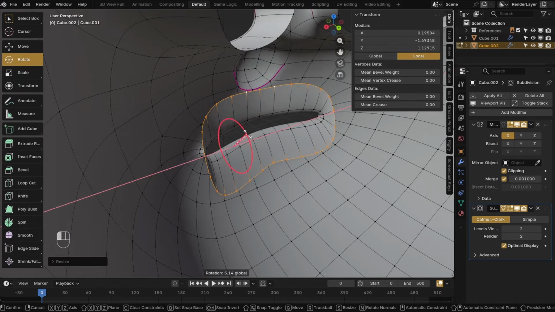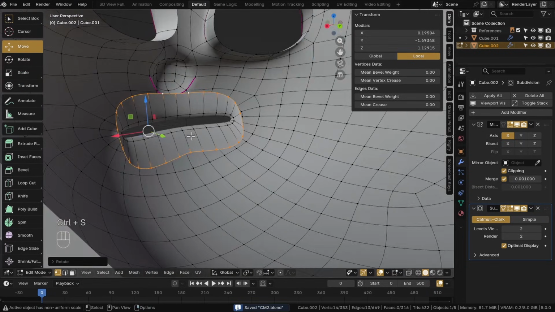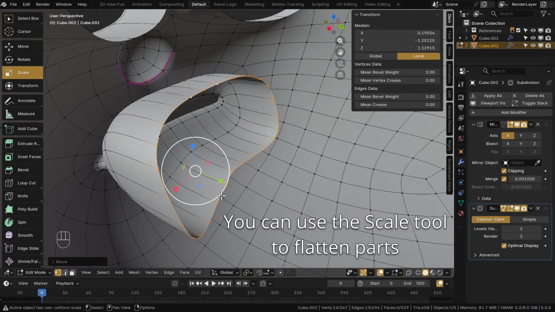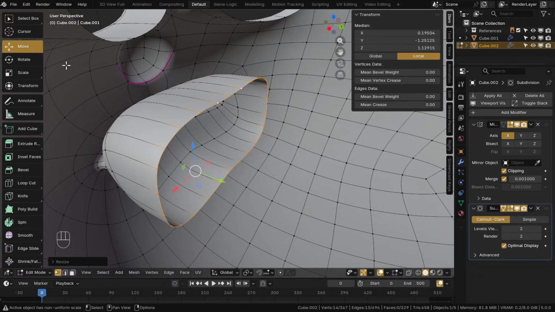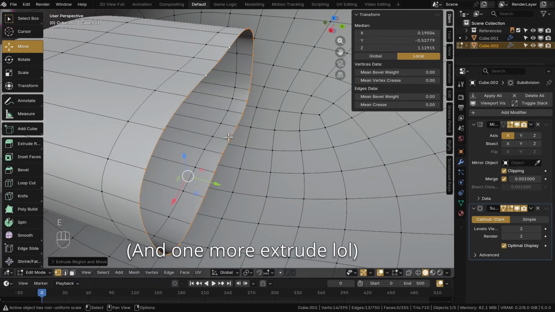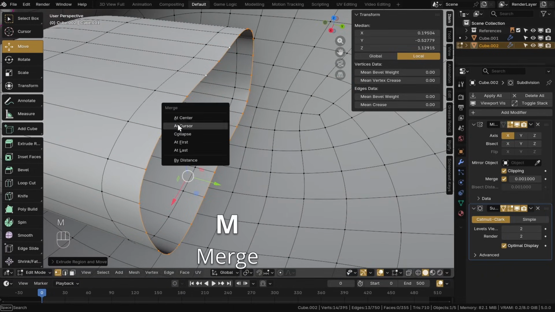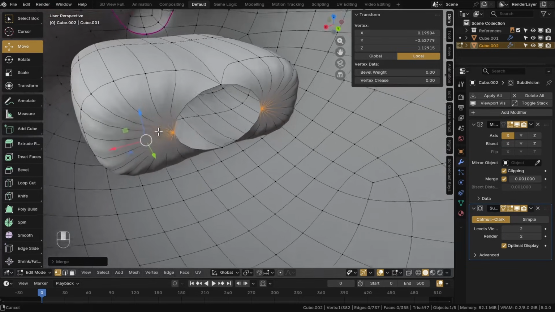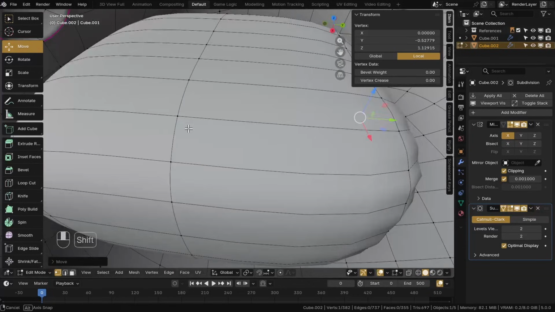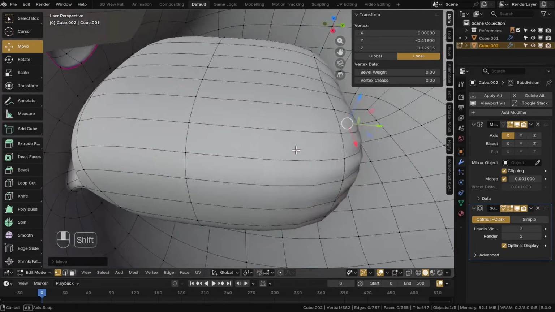Now we're pretty much home free, since even though this will sometimes be visible, you don't need to be that precious about it. Extrude farther back in the mouth. Then extrude again, but this time we want to close the back. So with this new loop selected, press M to merge all the selected verts together at their center. Then move the new center vert to the middle so it glues to the other mirrored vert. That's all we need to do for that, but we might want to make it bigger once we model the